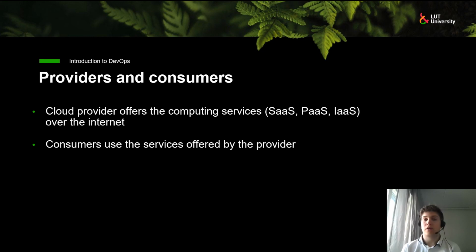And they are the three biggest ones, and they have all three of these service models covered. So they offer software as a service solutions as well as platform as a service and infrastructure as a service solutions. Then consumers or users are the ones that use the cloud services offered by the provider.